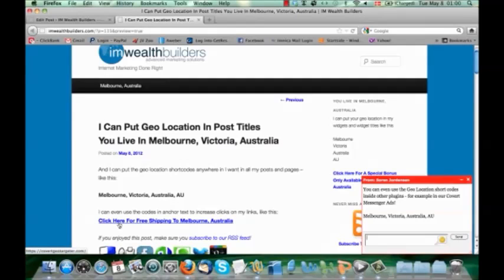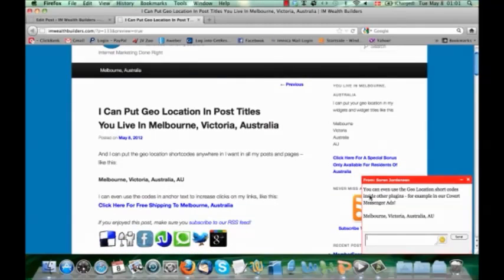This, by the way, is a great conversion strategy if you're running something like an Amazon review site, selling Amazon products, to have a call to action link that says click here for free shipping to, well, in this case it's Melbourne, Australia, but this would obviously be whatever city and state your visitor is in. Great conversion strategy there. And again, you can see here it works inside the Covert Messenger plugin. It resolves here Melbourne, Victoria, Australia, AU.